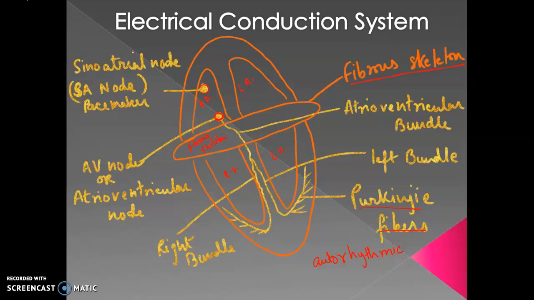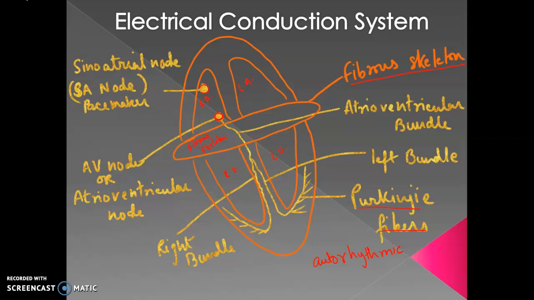Okay, so let's review. We have the 2 atria and the 2 ventricles. In the right atrium, in the posterior and superior side, we see the pacemaker of the heart. At the inferior side of the right atrium, we see the AV node. Coming out of the AV node, we have the AV bundle. The AV bundle moves into the ventricle and divides into the right bundle and the left bundle, which ultimately terminates